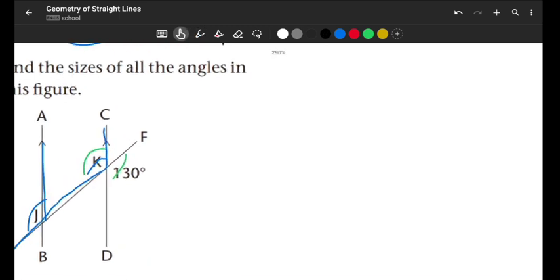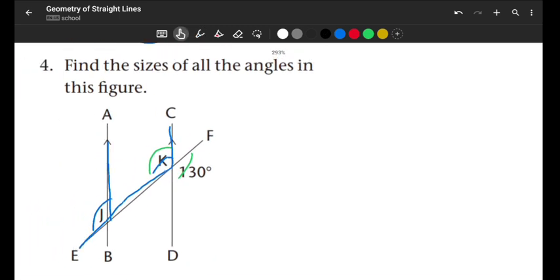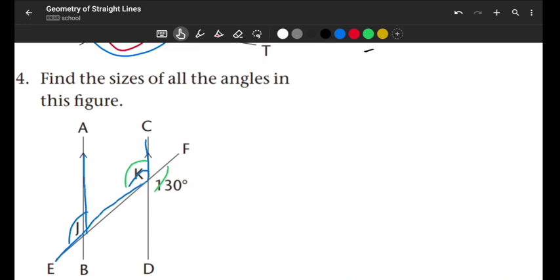We start by saying, remember we found K first, right? So we're going to say K is equal to 130 degrees, and it's vertically opposite angles, right? If you're asking yourself why vertically opposite angles don't also